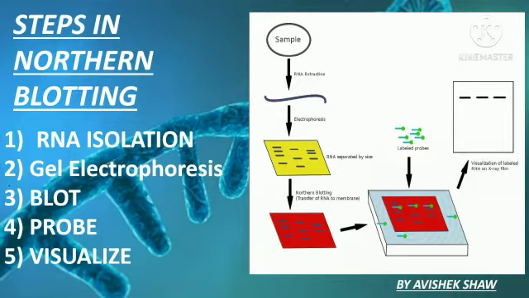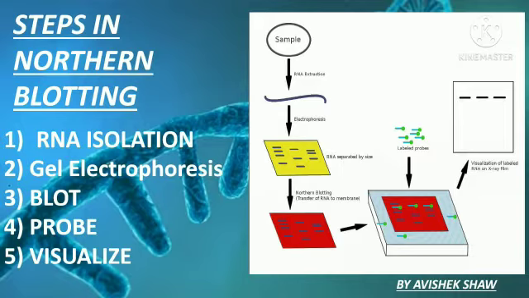Now we need to run it in an agarose gel, that is, electrophoresis is done in the same way as we do for DNA, but here one thing differs: we add formaldehyde. It is very important to add, as we need RNA in a linear form. Formaldehyde destroys the secondary structure of RNA so that it can run properly in the gel according to its size and even bind to the probe later. If it's not done, then it will be problematic.